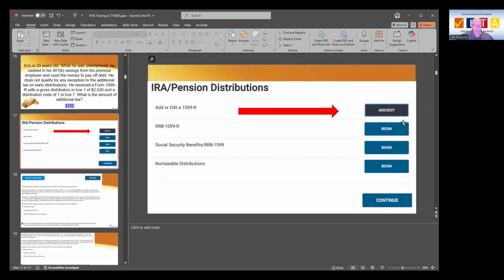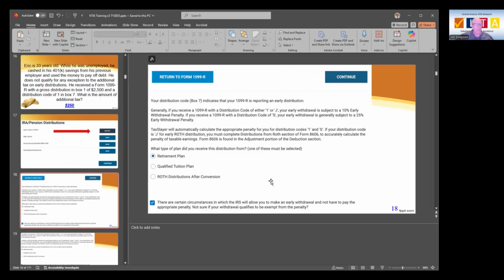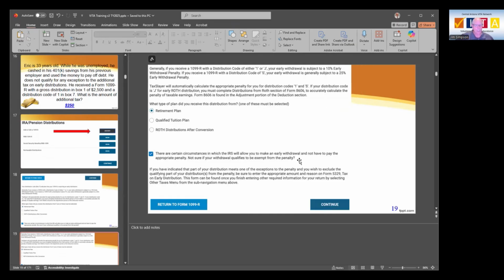Okay, so this screen right here is saying, after you've put in all of that stuff, hey, your distribution code in box 7 indicates your 1099-R is an early distribution. In other words, TaxSlayer knows you weren't 59 and a half when you took it out. So it's warning you that there's a penalty here, and it says, what type of plan did you receive the distribution from? It's almost always going to be retirement plan. And then it says there are certain exceptions for which IRS will allow you to make an early withdrawal and not have to pay the appropriate penalty. Not sure if your withdrawal qualifies? Check this box. And when you hit continue,